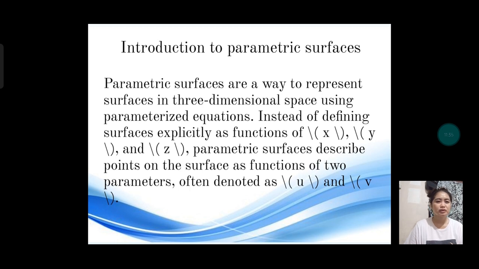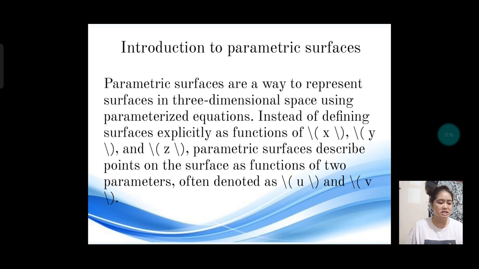So, an introduction to parametric surfaces. Parametric surfaces are a way to represent surfaces in three-dimensional space using parameterized equations. Parametric surfaces describe points on the surface as a function of two parameters, often denoted as u and v.